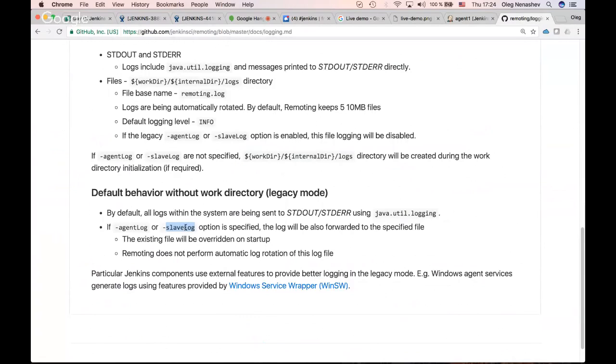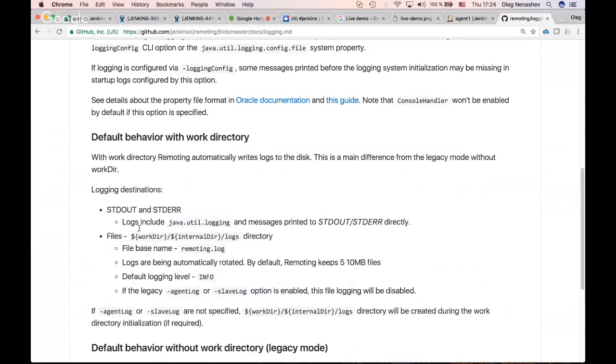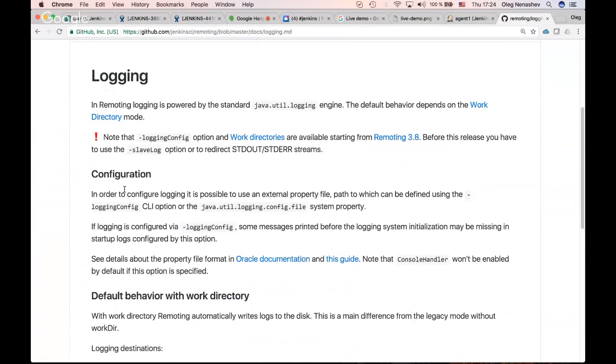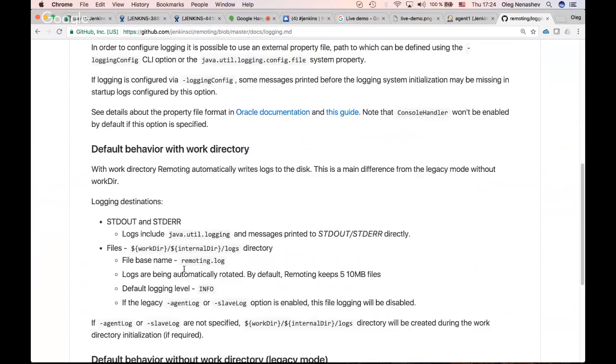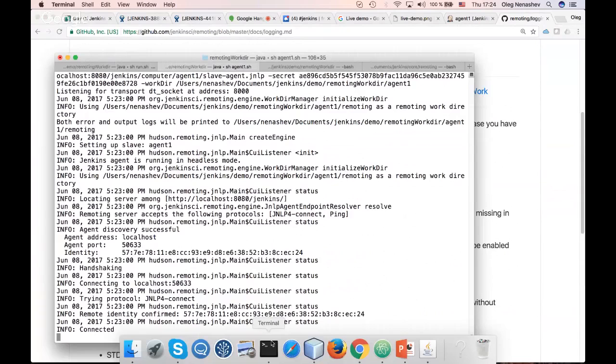But in the new version of remoting, I would consider these options as deprecated behavior. Starting from remoting 3.8, you also get the opportunity to configure this using a Java util configuration file, or also via an additional parameter. So if you go back to the CLI,